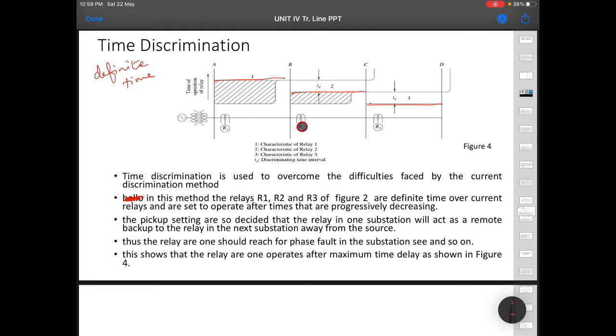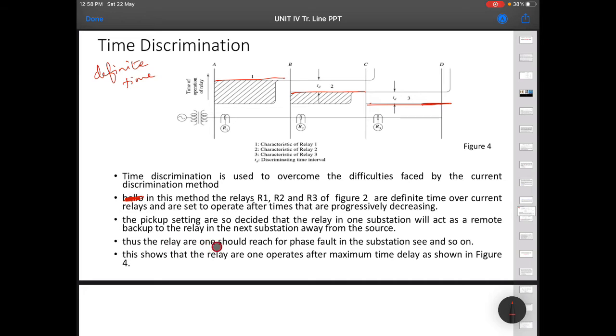If this fails, it will wait for some more time, some extra time. This is the extra time compared to this. So this has to operate at this point, but if it does not operate, it will wait for some more time, this much time, and it will operate. So they are set in such a way that they act as a remote backup.